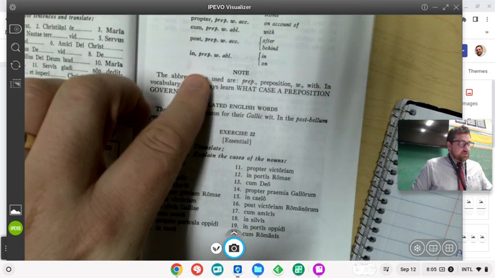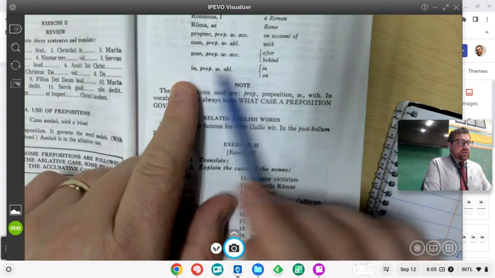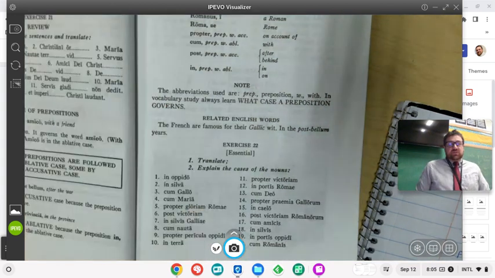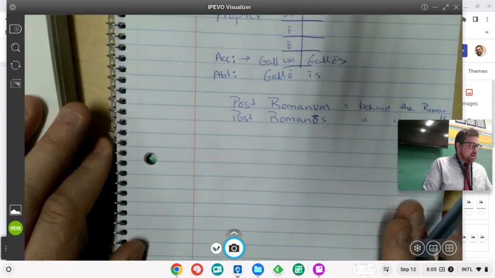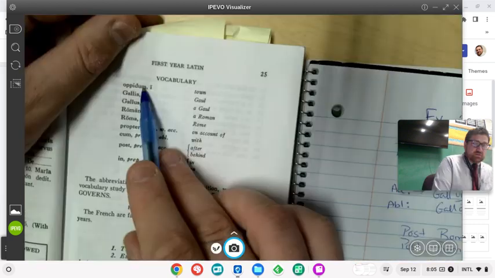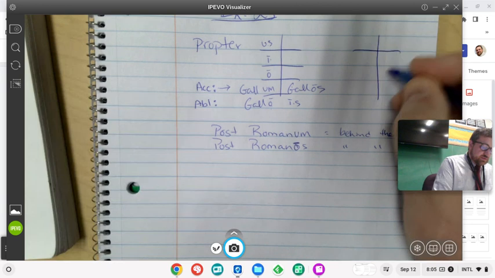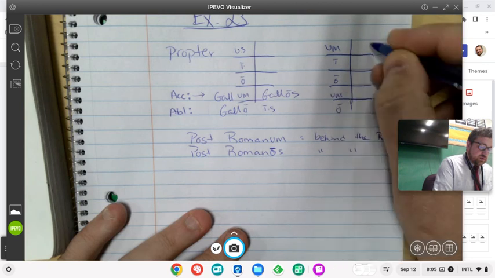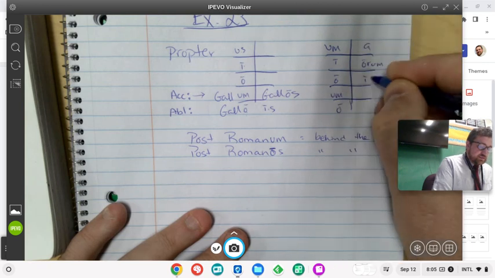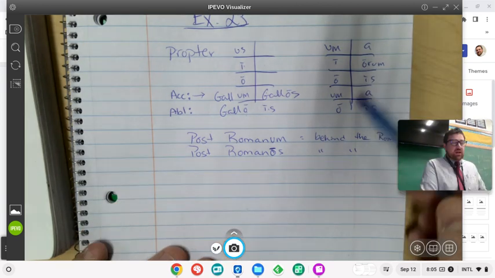And the last one is in. This is probably the one you're going to see the most. So anytime we say in a place, we're going to use the ablative with that place. So the way to say in the town, oppidum, here's the, let me put one next to it with the neuter endings. I, o, a, orum, is, a, is.